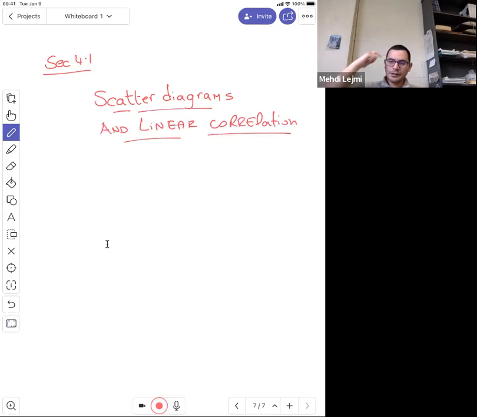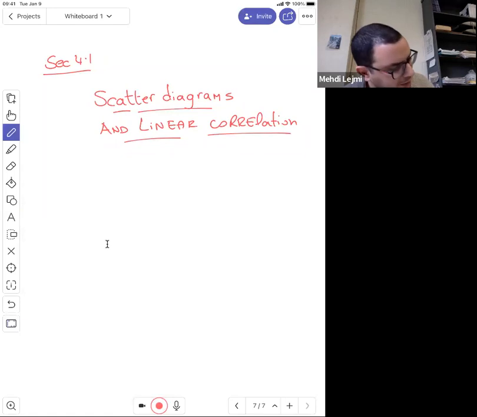Okay. So we have seen different ways to represent data. Remember, we have frequency tables, histograms, and ogives, right? Now we're going to see another way to represent the data, and that will be the scatter diagram. Now, scatter diagrams represent data where you have two different values, not just one. So for example,